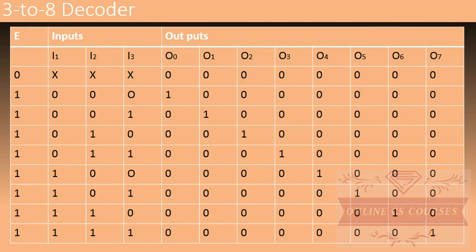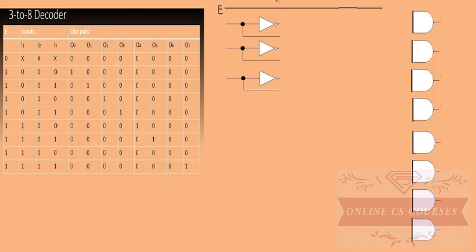So अब इसका logic diagram discuss करते हैं. So we will implement the logic diagram for the 3 to 8 decoder. So we have 3 inputs I0, I1 and I2, and 8 possible outputs